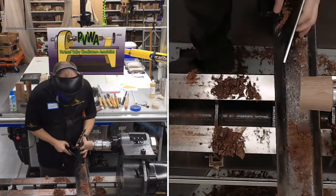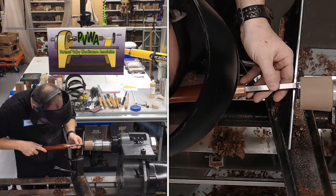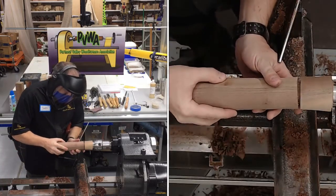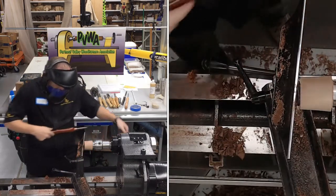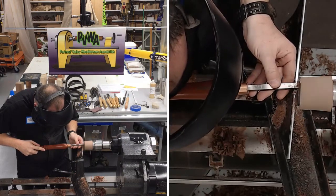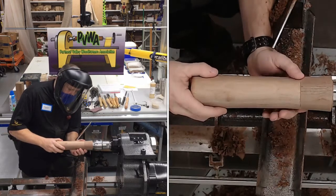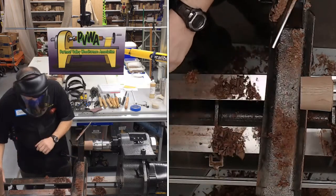Okay, so I'm not quite straight, so that's why it's binding there. It kind of tapers in. Yeah, I think I'll go a little bit wider. So it's important to spend a little time on this, just because this is what's going to make the mill turn pretty smooth right there. So got just a little bit of wobble, and that's what I'm going to get in that. So all right, so once that's done,